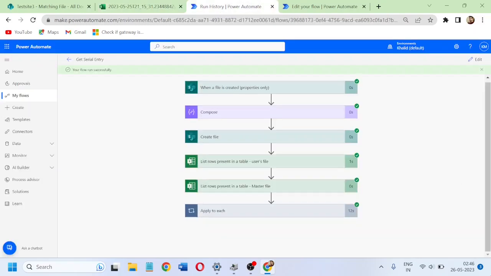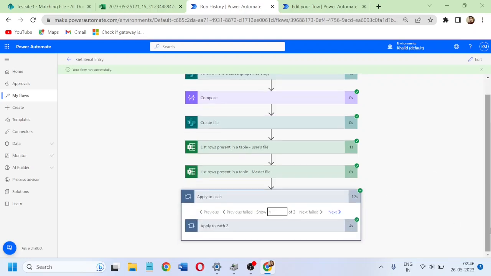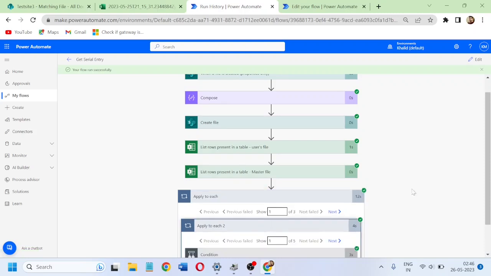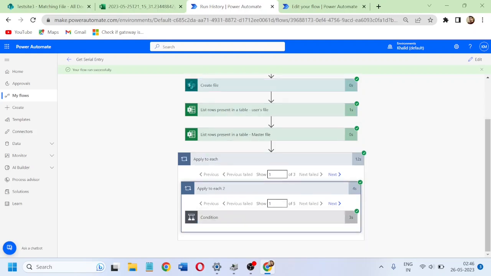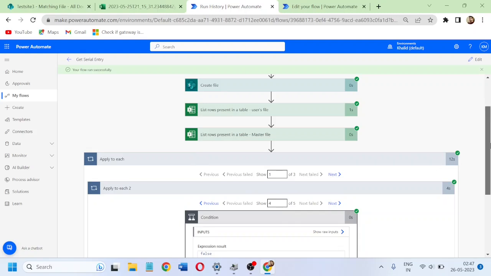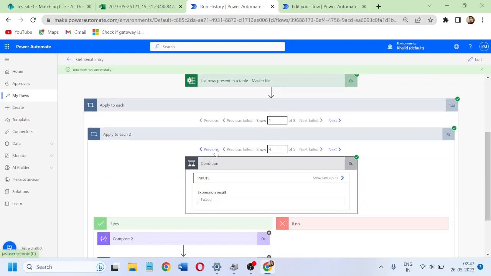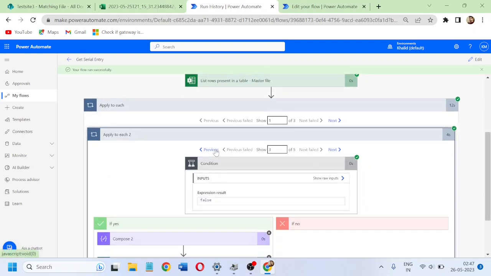The apply to each took about 12 seconds, and as I said, the first entry from the users file is getting matched across 1, 2, 3, 4, right? The fourth will be false, whereas the first 3 will be